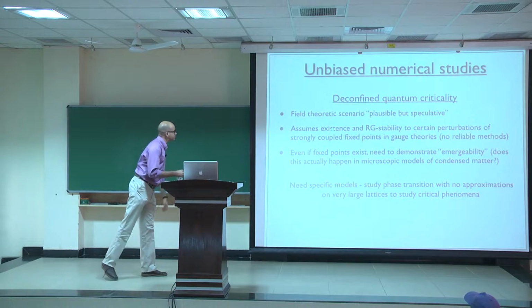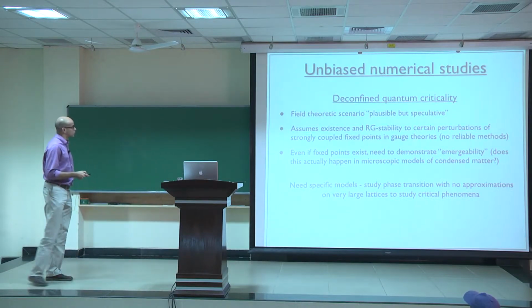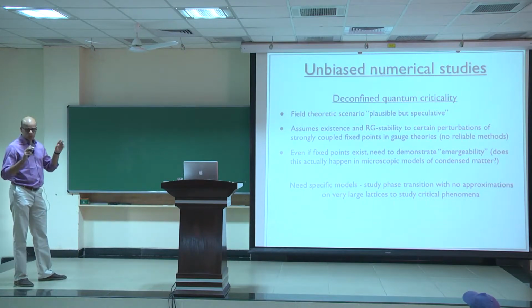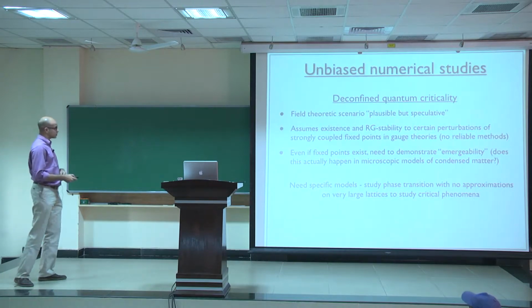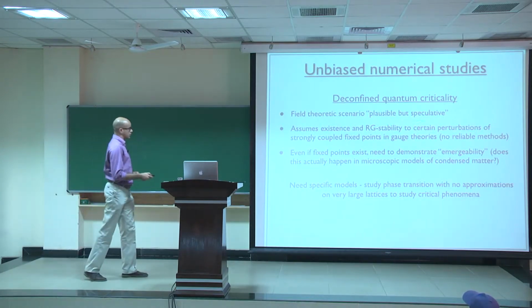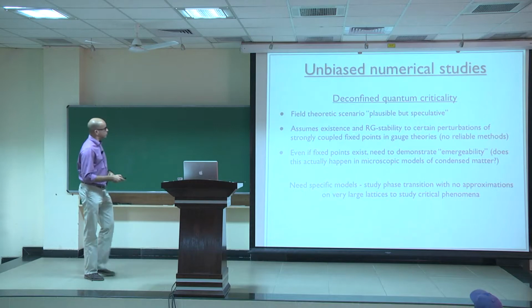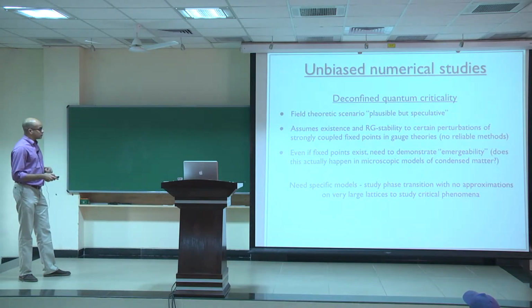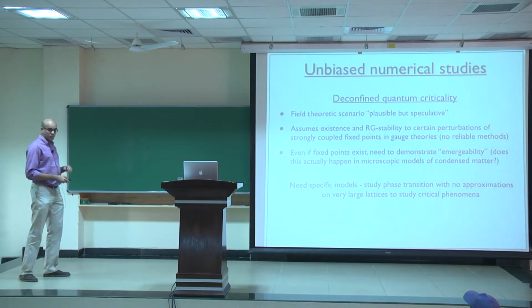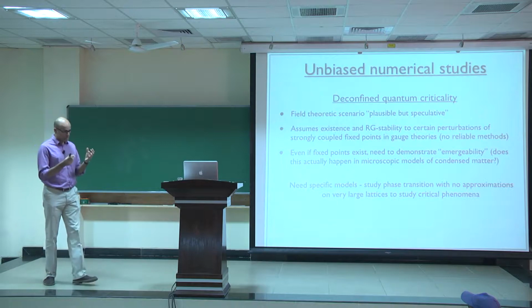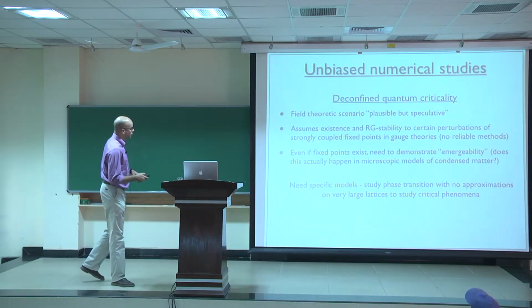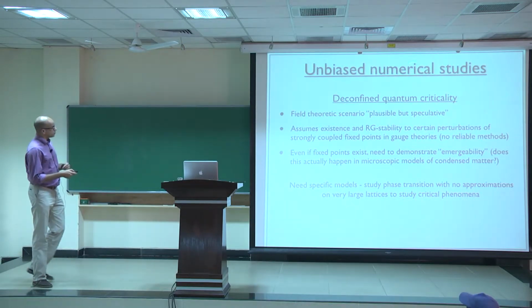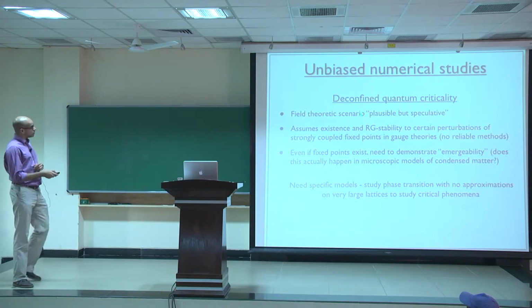Okay, so to summarize, deconfined quantum criticality is, and I'm going to talk about what this is, a field theoretic scenario that's very plausible, but it's speculative. Okay, and the reason that it's speculative is because it assumes the existence and stability, in the renormalization group sense, to certain perturbations of strongly coupled fixed points in gauge theories. And it turns out these perturbations are very complicated. They're not local operators, and I'll talk about what these are later in the talk. But I just want to motivate why we want to study these models numerically and why we want to study this phenomena